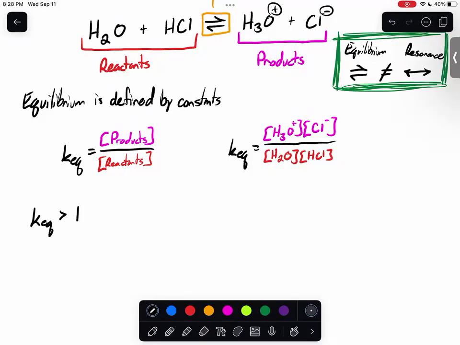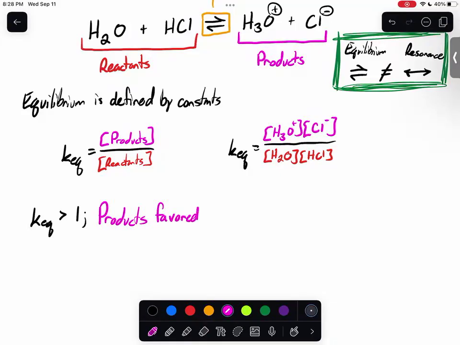So thinking about this in terms of the equation, for a ratio to be greater than 1, the numerator, which would be in this case the products, has to be greater than the denominator, right? Because if you had something like 4 over 4, that would be equal to 1. If you had something like 5 over 4, that is greater than 1. And so what that means is if there's more products than reactants, the products must be favored,